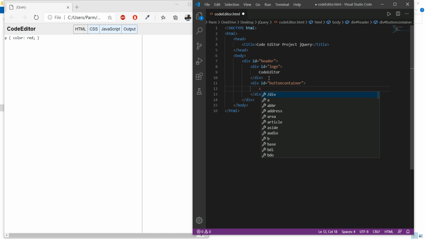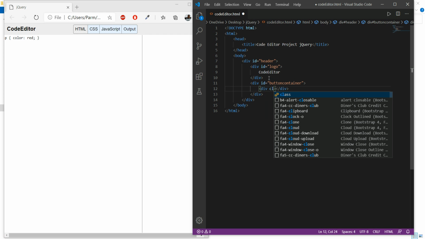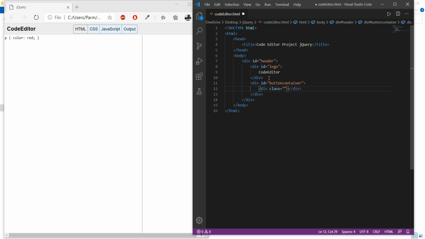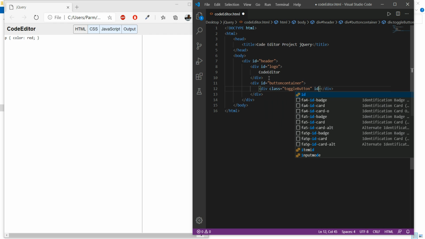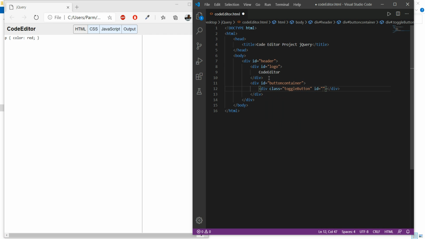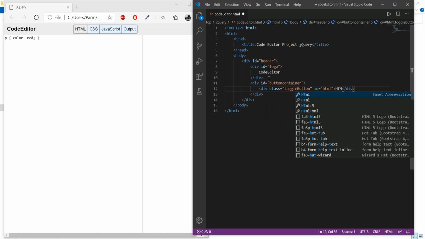And within this we use four buttons. So for this I'm taking another div, and to this div I give a class. Say I'm just giving the class as toggle button, because this button will act like a toggle. And to this I will give an id, say